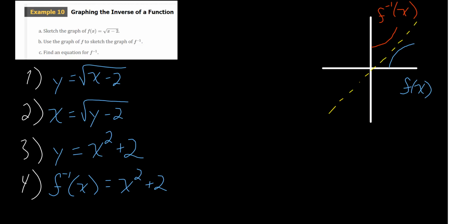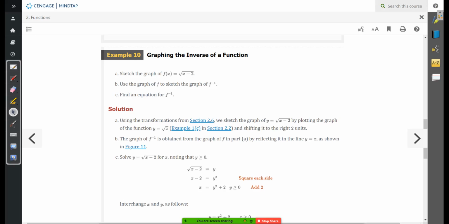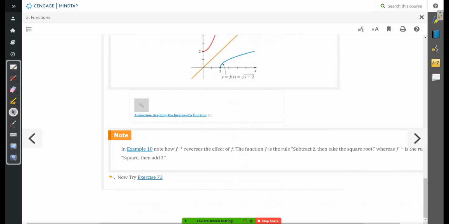We did that. We used the graph of f. Well, we did that. And C, we found an equation for f inverse. Right? And I believe that is it for the section. So that concludes